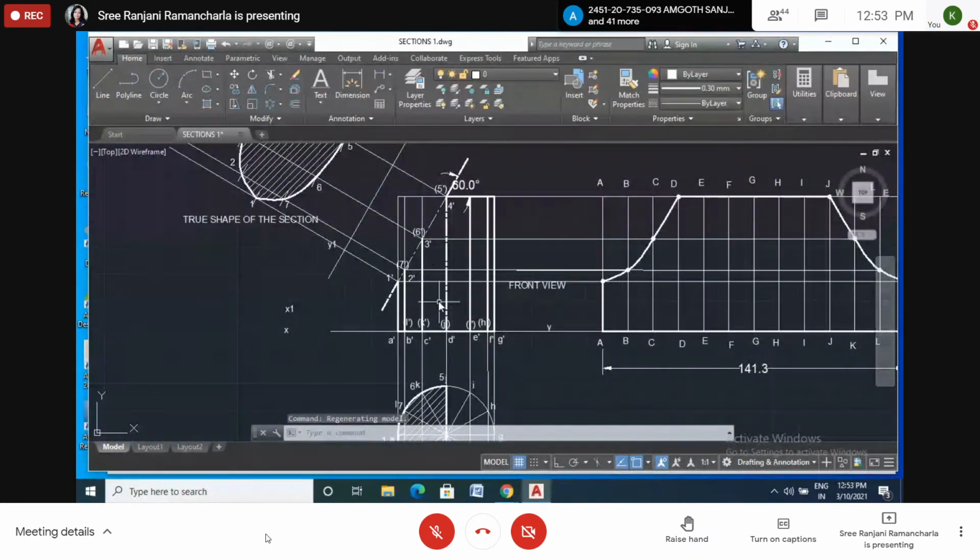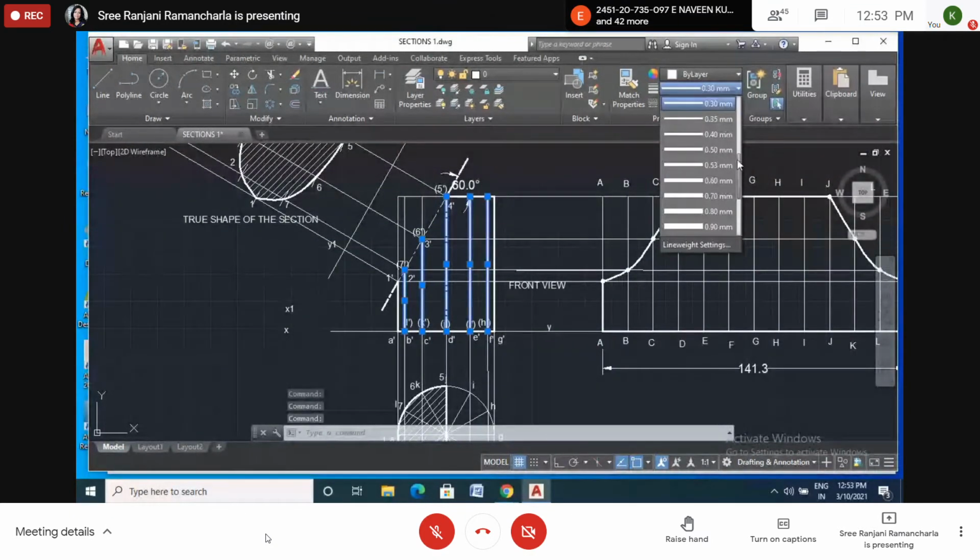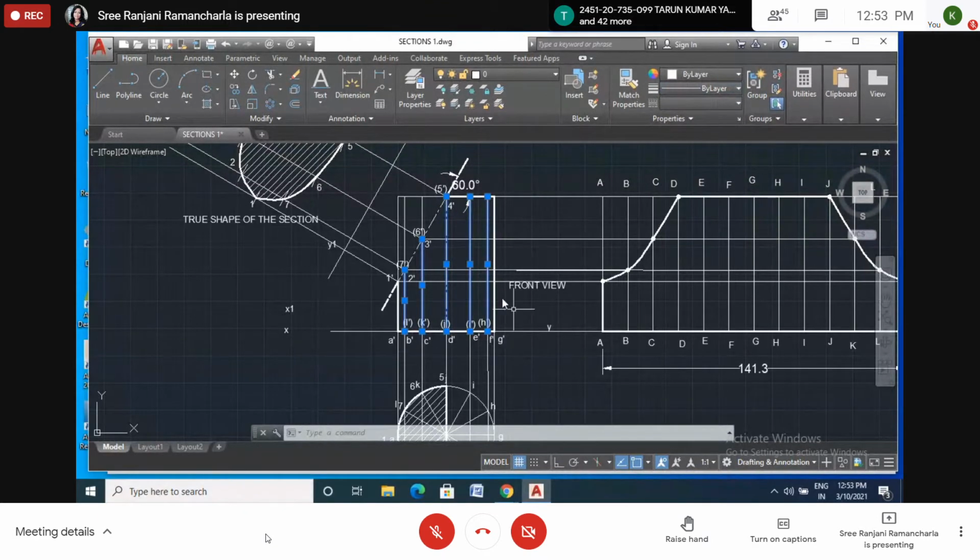You should not draw the thick lines. The cylinder, you have to remove this one. This should not be drawn with thick lines. Okay, these are the smooth surfaces.